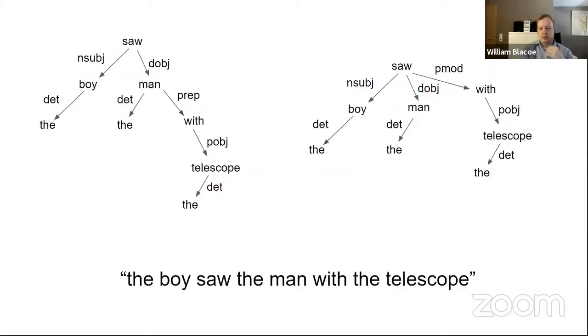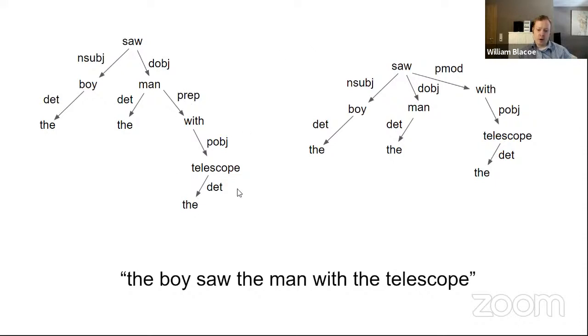These trees can be really useful when distinguishing different meanings of the same sentence, because as you know, ambiguity is everywhere in language. Not just a word having 2 different meanings, but in this case, a sentence having 2 different meanings. So "the boy saw the man with the telescope" can either mean that the telescope is a tool that the boy is using to see the man, or that the man is holding the telescope and the boy sees him, right? And this is made explicit in the trees.